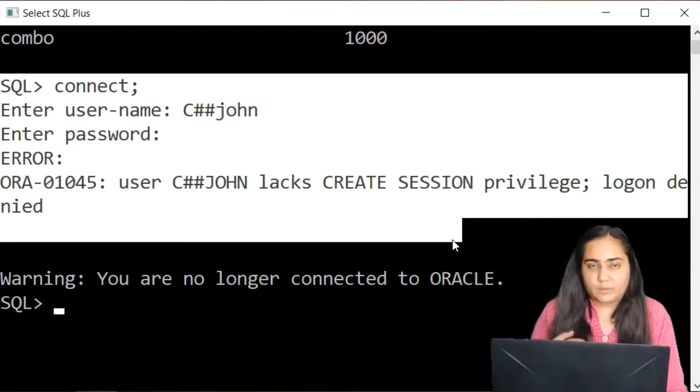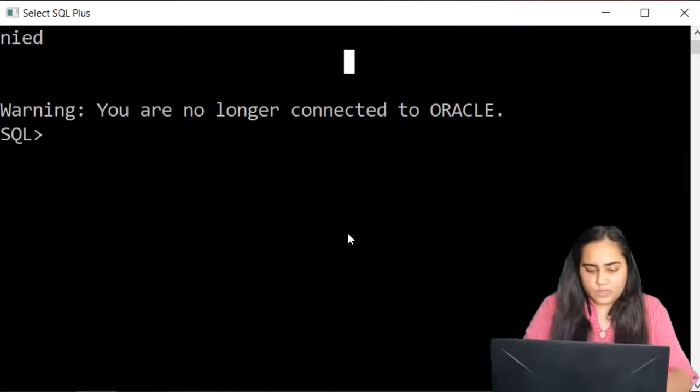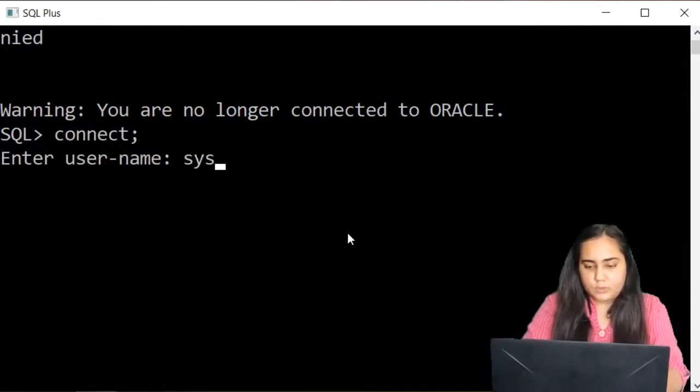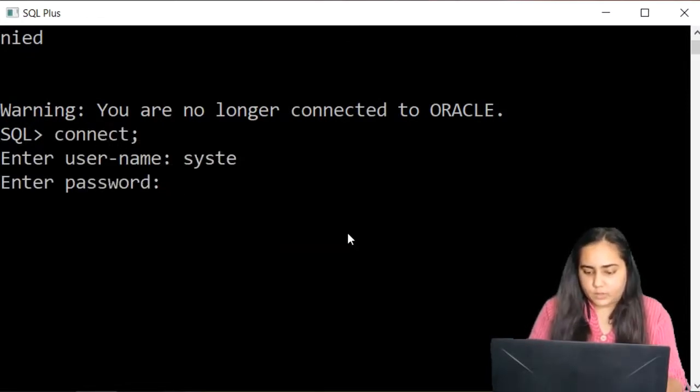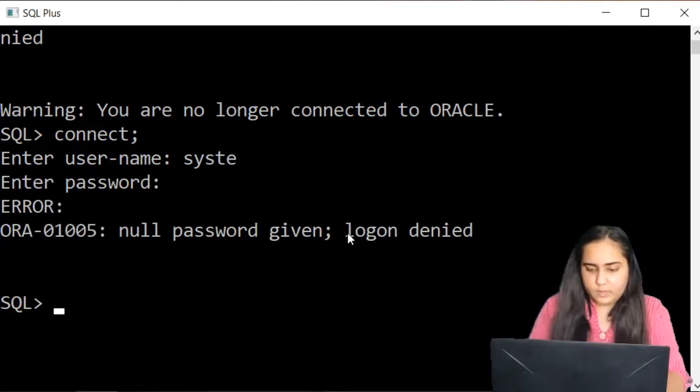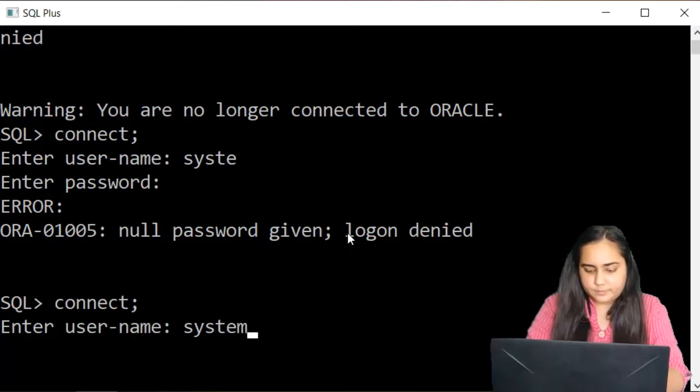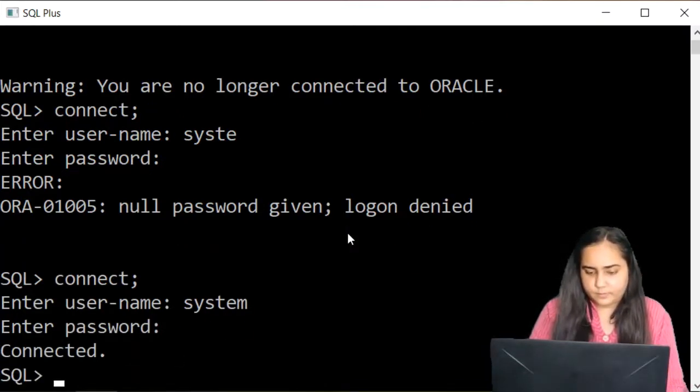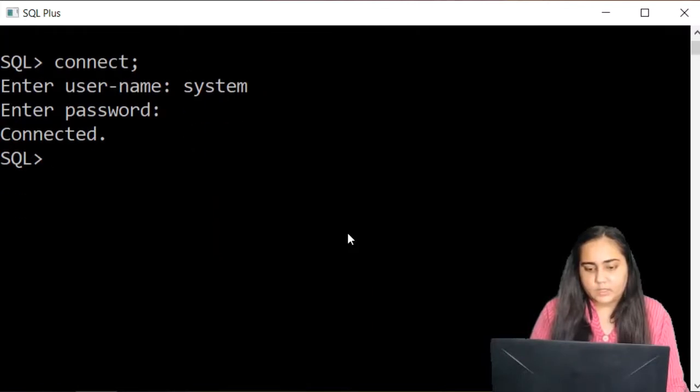And this permission can be given only from your system administration account. So once again, you will have to connect to your system account. Oh, I typed it wrong. That's okay. We'll connect again, system, and the password. Once it's connected, now I'm going to give the permission to John to actually be able to log into the system. So I'm going to write here